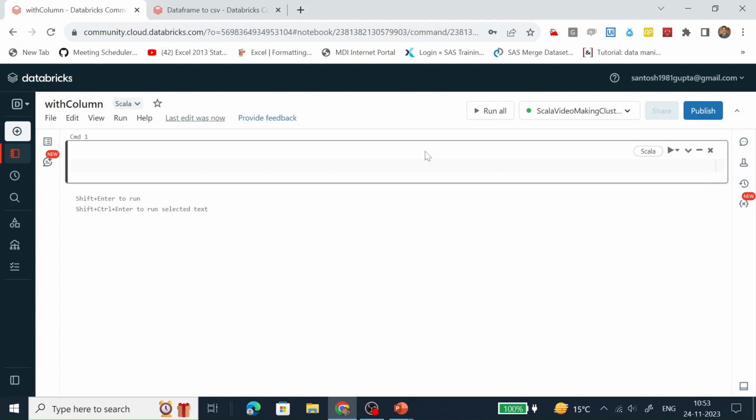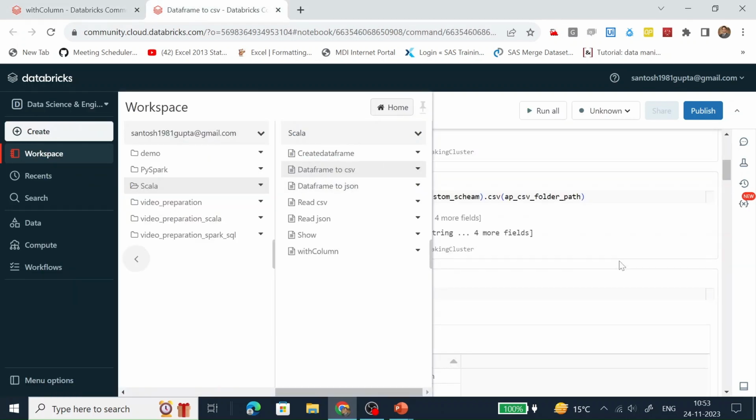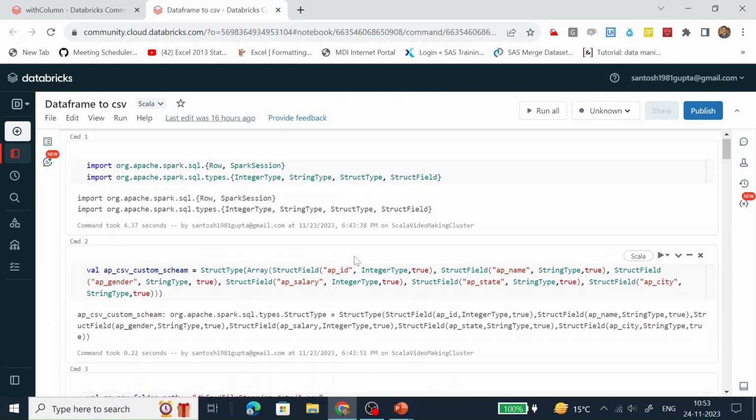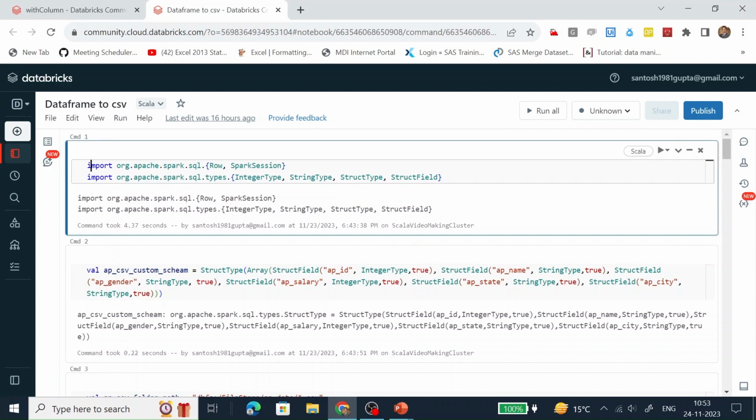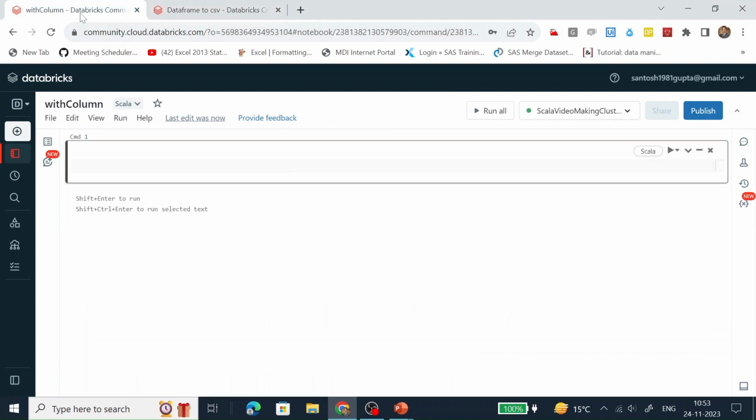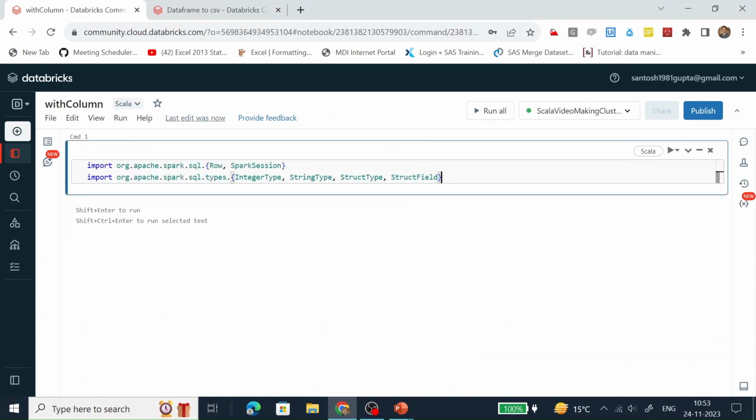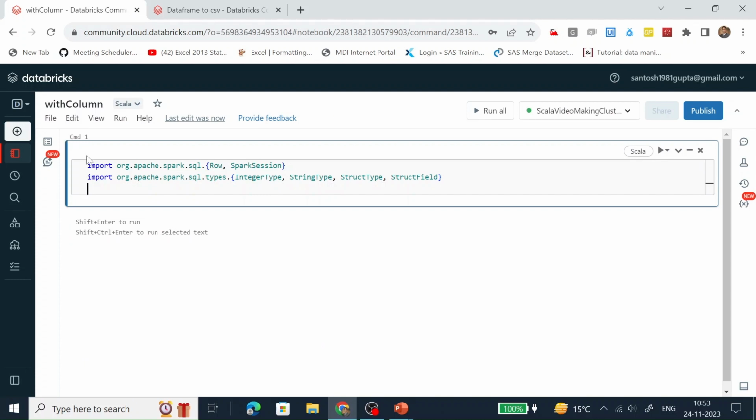This notebook has been connected successfully with our currently running cluster. So now let's copy the code where we are reading the CSV file and creating a data frame. Here one more thing we need to import, that is the SQL functions.